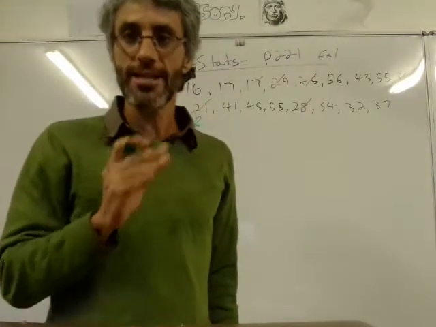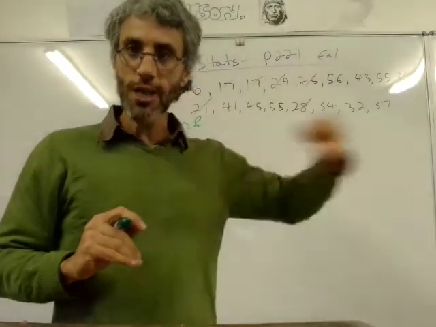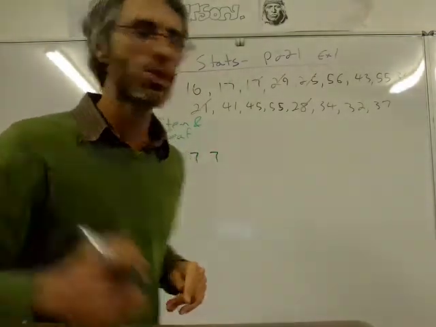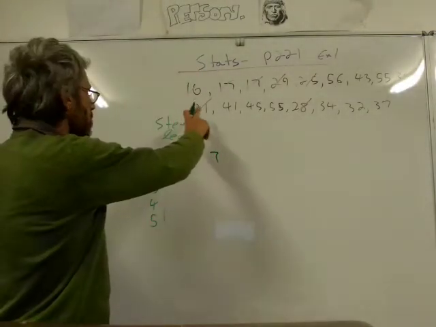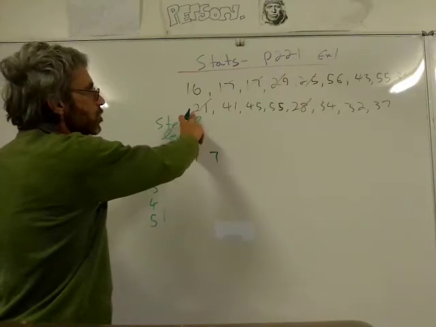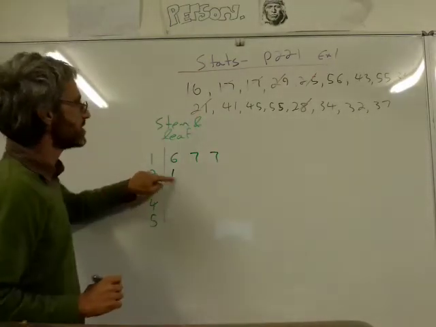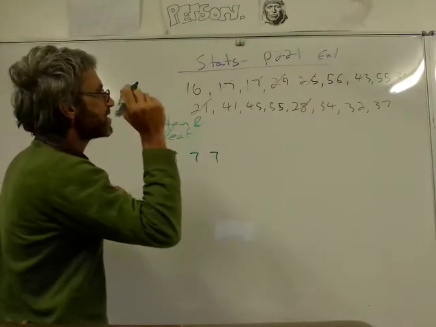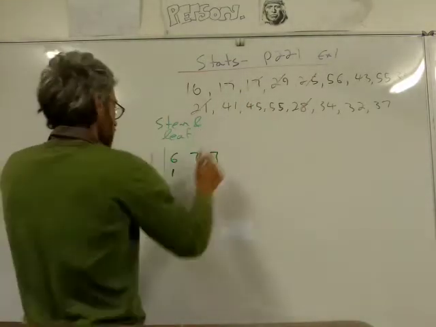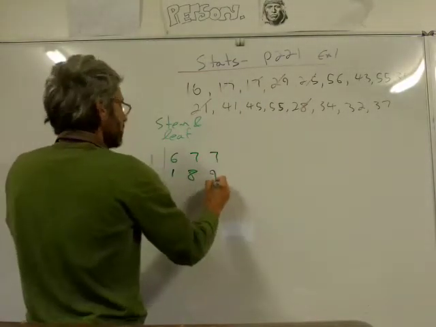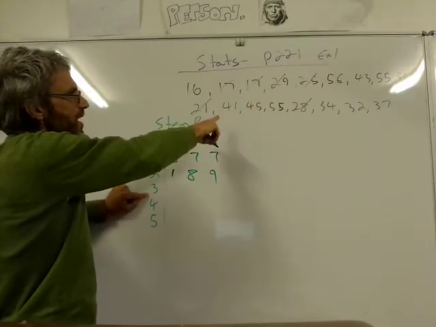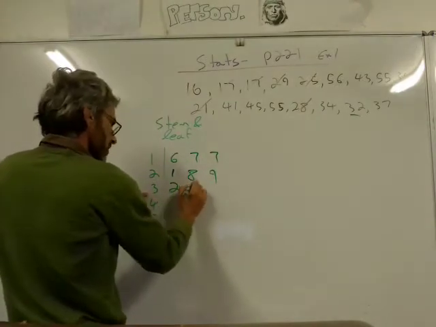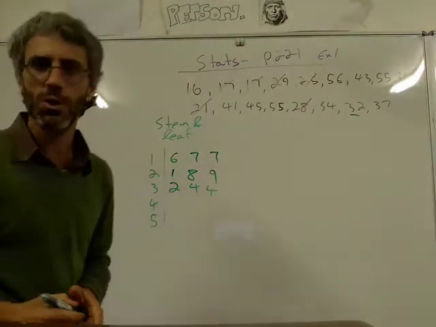It is quite useful, and later you will have to actually arrange your data in ascending order, from the lowest to the highest. Right now you don't have to, but later you will. The lowest one I've got is, I don't have 20, but I've got 21, so I'm going to write 1. You see 21. 22, no. 23, no. 4, 5, 6, 7, 8. I've got 28, so I'm going to write 8. 29. 30. What 30s do I have? I've got 32, two 34s, and so on, and so on.